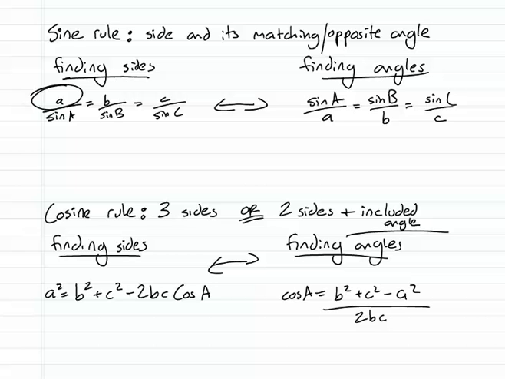Whereas when we start reading on the one for finding angles with the sine rule, we start reading at an angle. So the top left is an angle. And the same for the cosine rule, we start reading with finding a side, or we start reading and we're finding an angle. So choose the right rule,